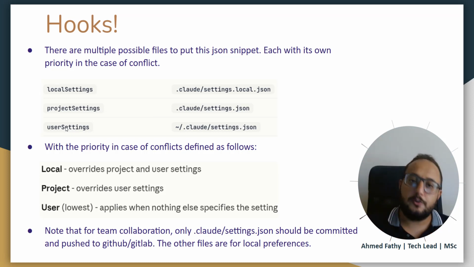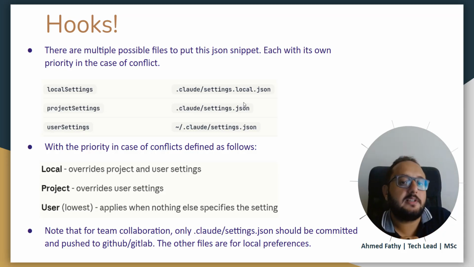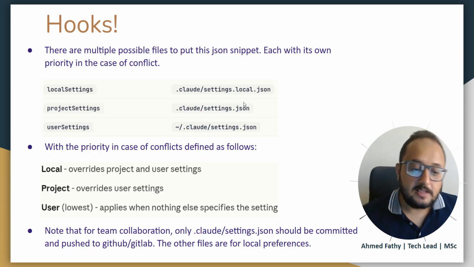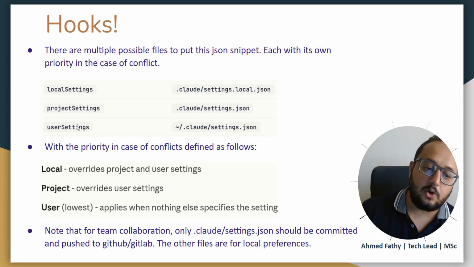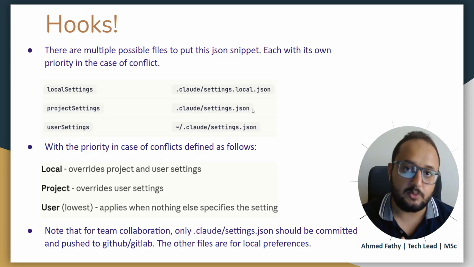If you have some user settings, those user settings apply to multiple projects. I mean, if you have a lot of projects using Claude Code, this is what you use, right? But then maybe for one specific project, you would like to tweak things a little bit differently. You might use some different tools or some different configuration. So this is why project settings win over user settings. And this is the only one that should get pushed to remote if you have a remote GitHub repo